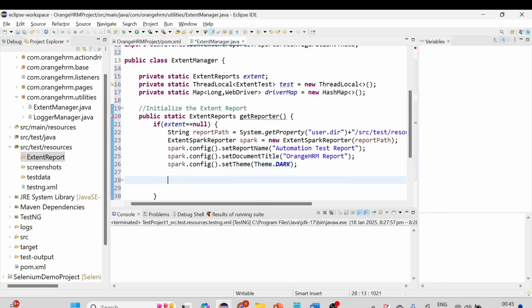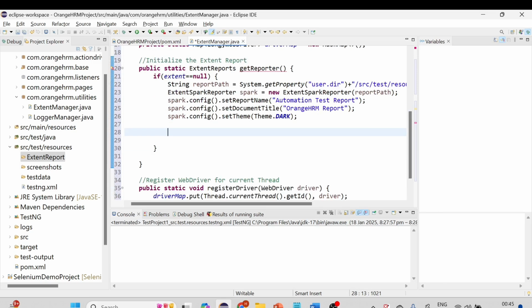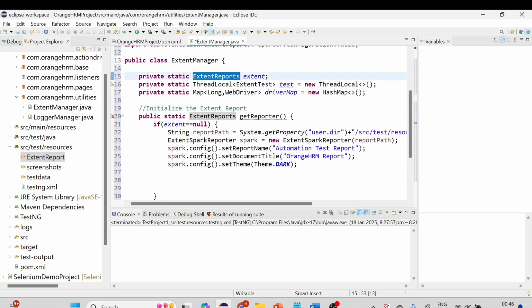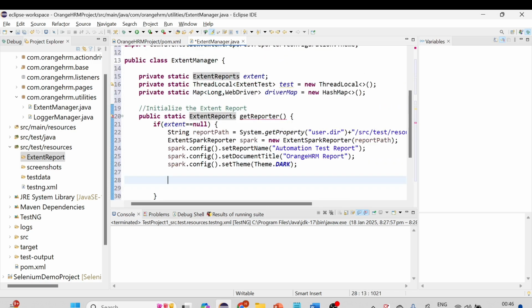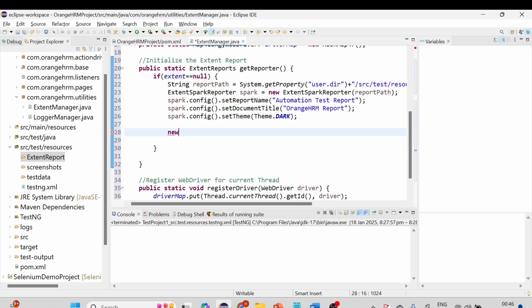So what we are going to do next, we need to create the object of this extend reports as well, right? Here we have created the variable extend, right? So we need to create the object of this as well to initialize this variable. So how we are going to do, new extend reports, correct? And here I'll give the variable name extend, which we have created earlier. So we have just initialized it by creating the object of this extend reports. Now what we'll do,